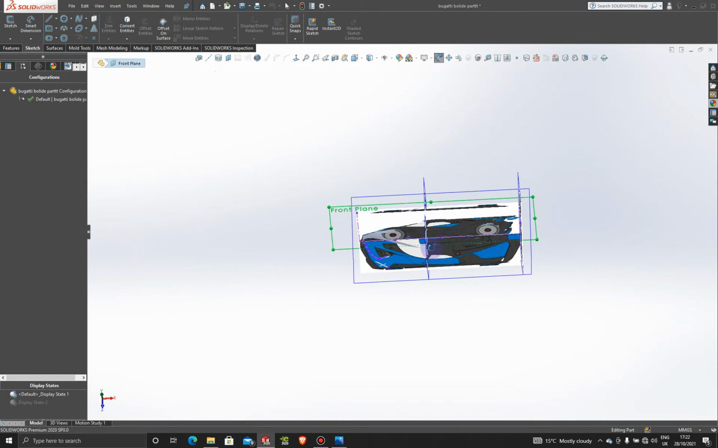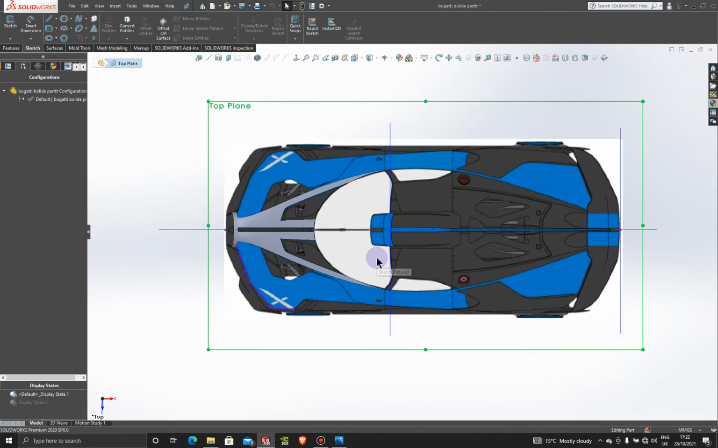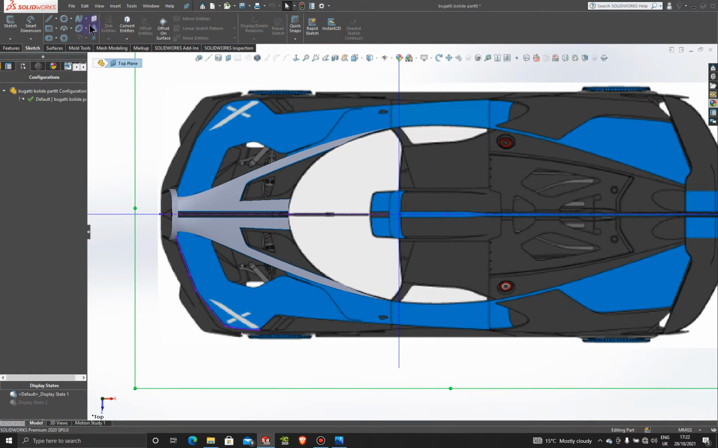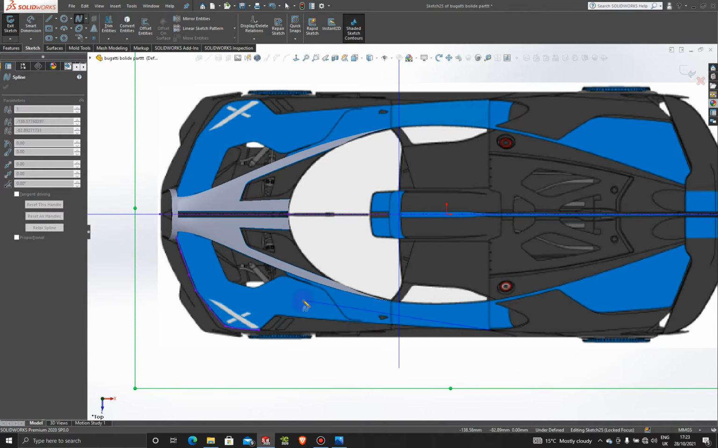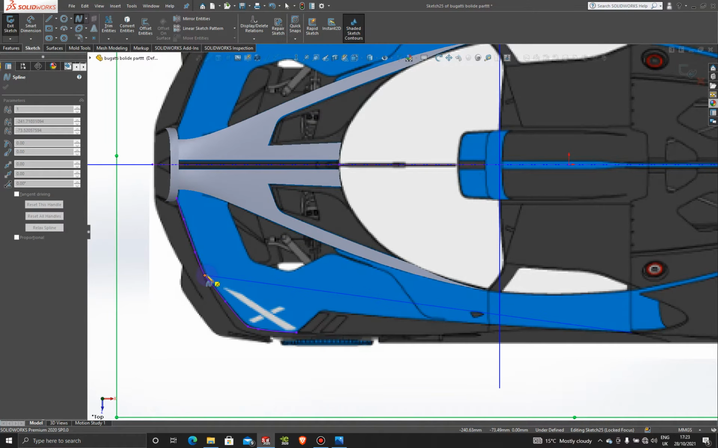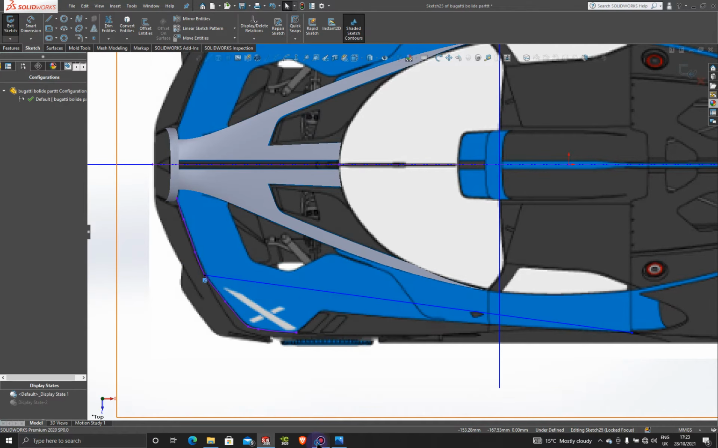Okay, so let's try and make a sketch on the top plane here. And we're gonna try a sketch on sketch and see what that will give us. If that's not working, then we're gonna build scaffoldings. So let's create a sketch. It's going to be a spline, and we're gonna start that spline from here, and we're gonna come all the way down into this corner, right on that point. So exit the sketch,